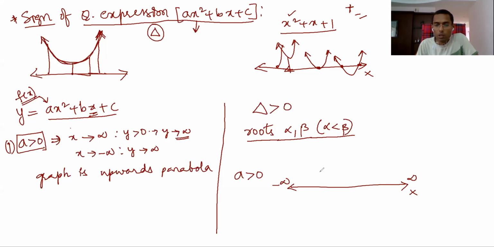Okay, now wherever the y-axis may be, two roots will be there. That means this graph must intersect the x-axis at two different points. So this is alpha and this is beta, like this. Now what you can say is, between alpha and beta, f of x is negative. That means for this x value, the f of x value is here.